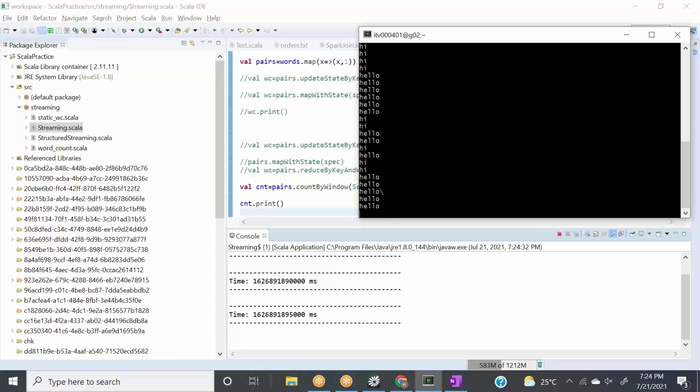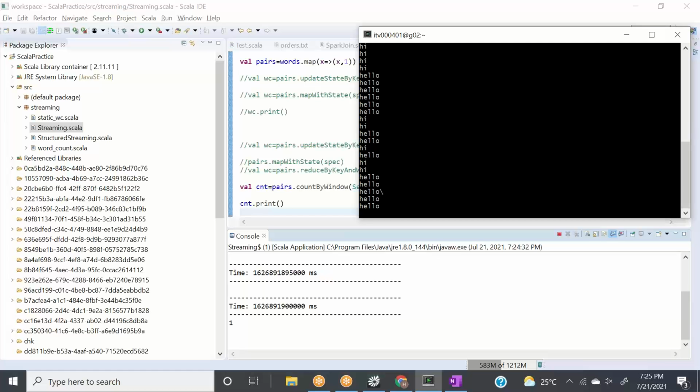So let's say we give only 1 event and hit enter. It gave 1, right? Now let's see how long it will give us 1. It should give us 1 three times: 1, 1 and 1. Now the window has been completely slided, so it is 0 now. Now let's give hi hi hi. It should give us 3 for 3 windows, right? Because the window has been slided once, twice, thrice, the whole batch is gone now.